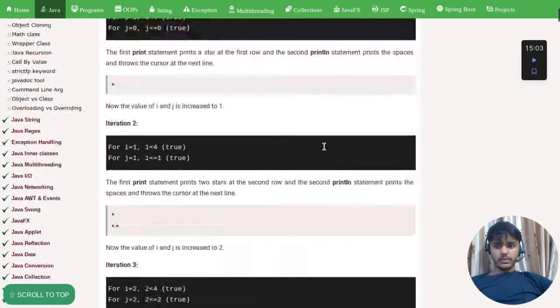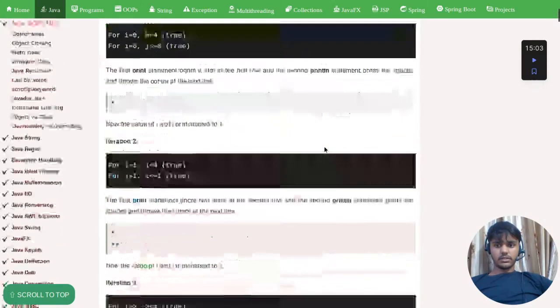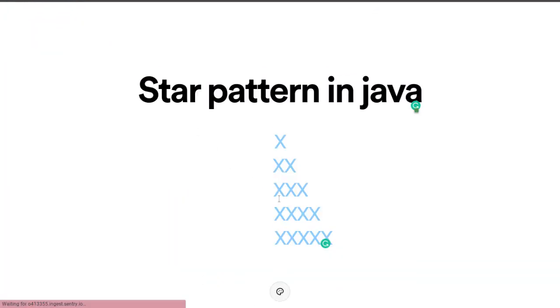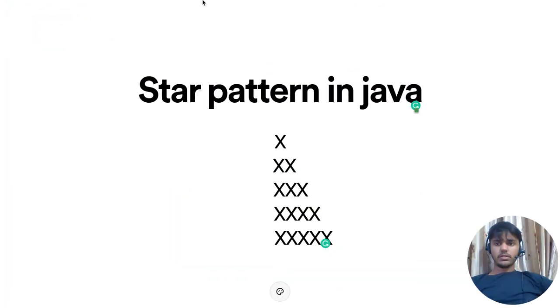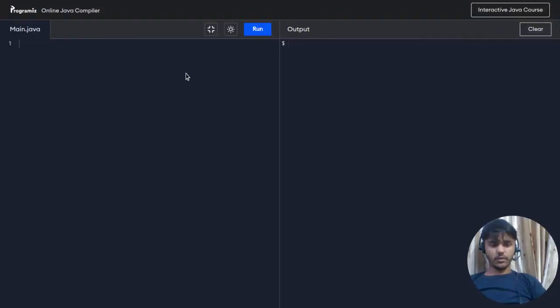So there are three types of patterns, all we can say. About this pattern, we're gonna draw this pattern. Firstly I will write some basic program of Java. So we'll create a class